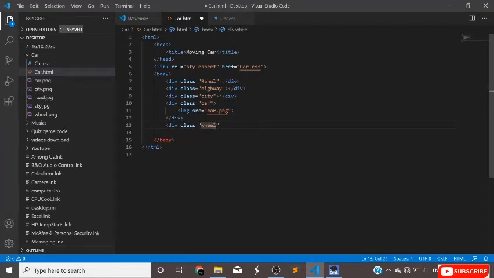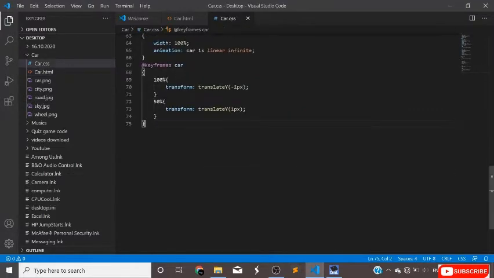Then next we have to take a div class equal to wheel, and the image will be wheel.png. The classes will be back wheel and front wheel, because we have to edit both of the wheels. So let's start editing the wheel.